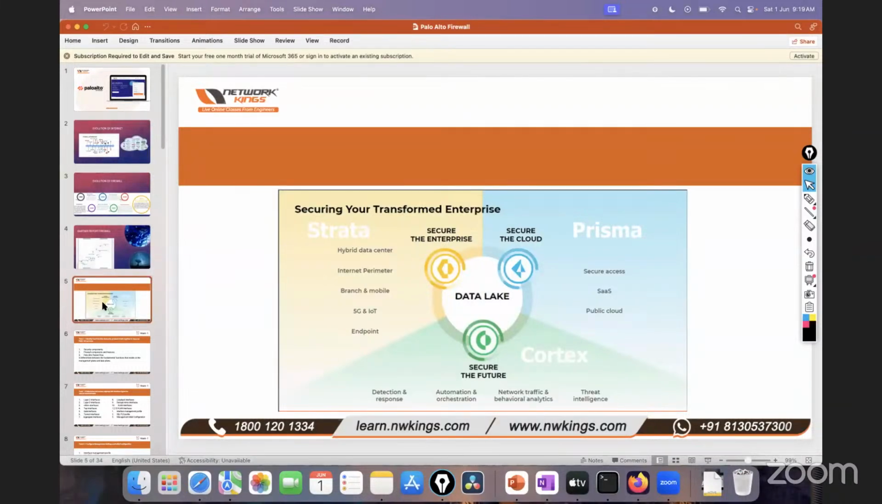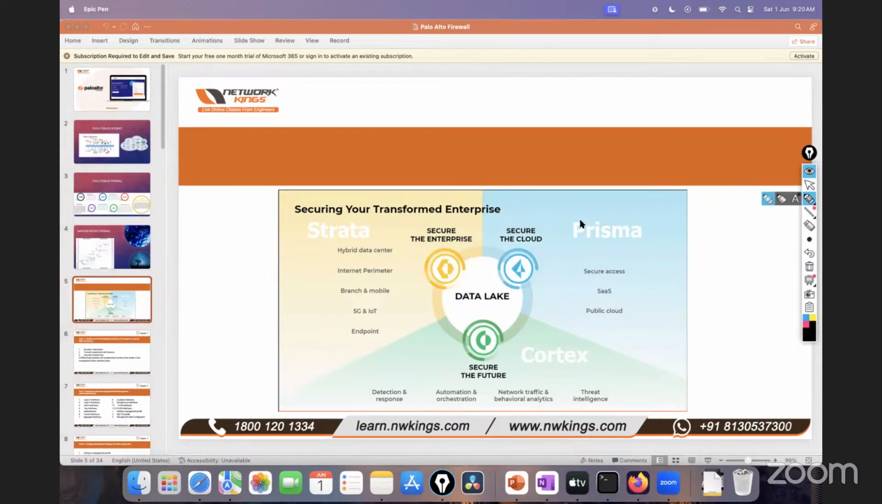Now, as we understand the company Palo Alto Networks, we are going to explore the company in the upcoming sessions. But for today, I wanted to tell you that Palo Alto Networks has some products, and those products are divided into multiple segments, as you can see over here, and you have the data lake as well. Now, why has this structure been made? Let's understand this. Okay,